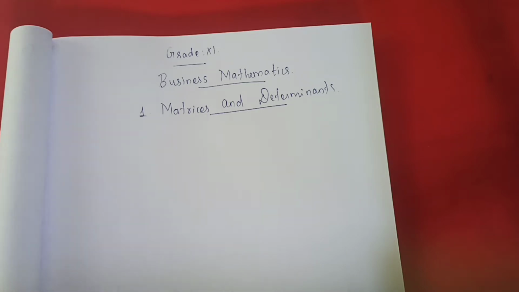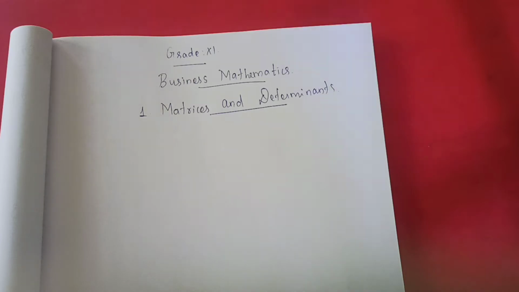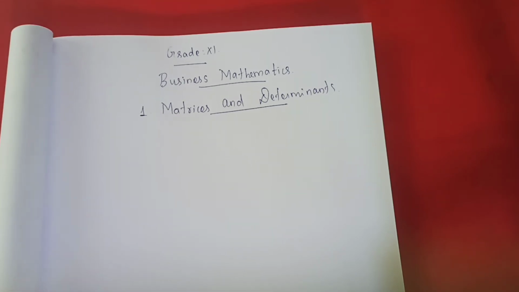We are learning our first chapter, matrices and determinants. So, we have completed exercise 1.1. In our last class, I taught about singular matrix and non-singular matrix. Then I gave the basic idea of the adjoint of a matrix. Have you remembered the definition of the adjoint of a matrix? Only one small simple problem we learned in the last class. One homework I gave. I hope all of you completed it.